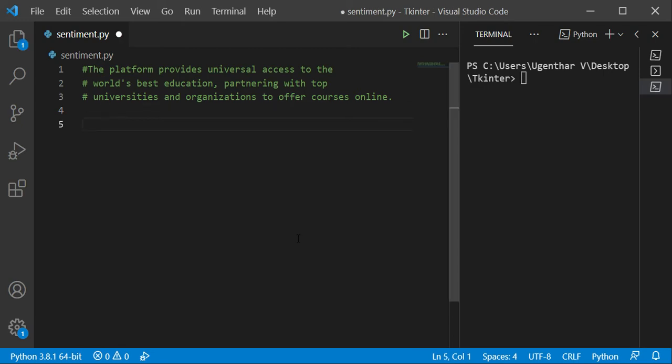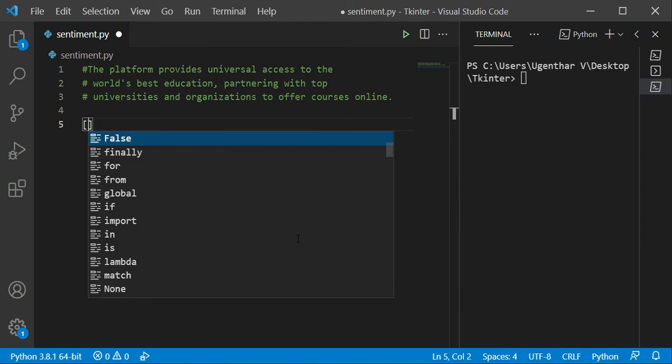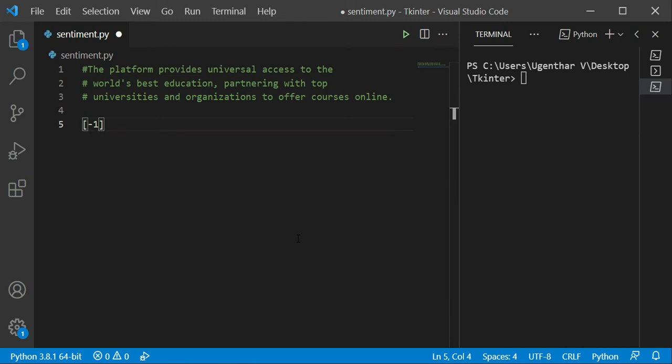Let me tell the sentiment analysis range would be like -1.0 comma 1.0. This is a float value where the negative range of values represents negative sentiment and the positive values represent positive sentiment, whereas 0 represents the neutral value. Let me add a comment here.